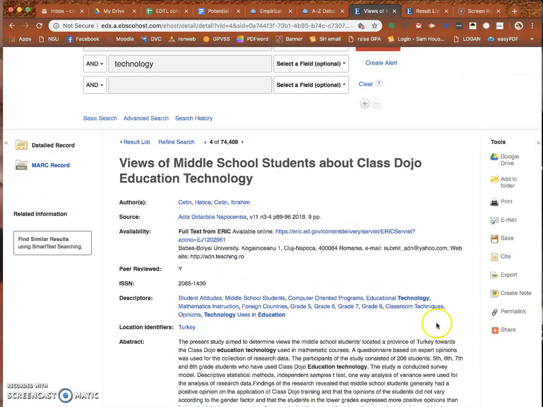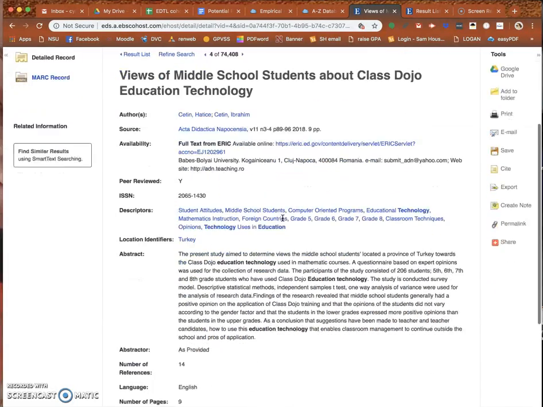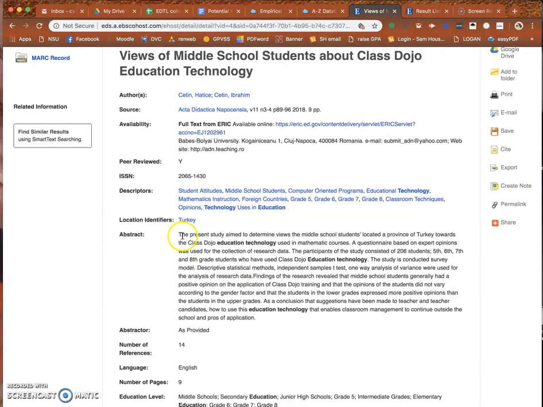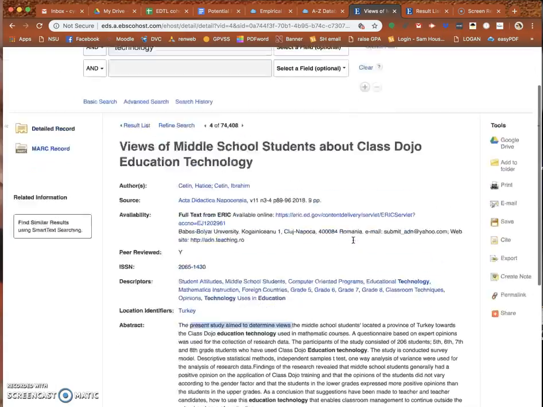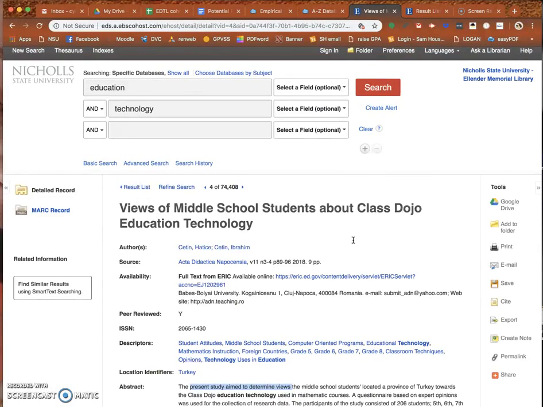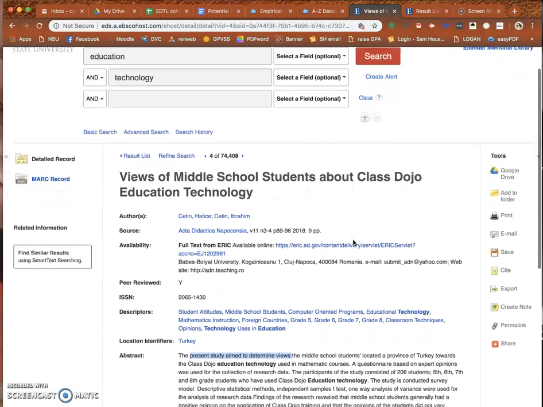So we'll say that this one is a 7-page article, and in the abstract it says that the study aimed to determine views. That means it is an empirical article. When we go to the full text,